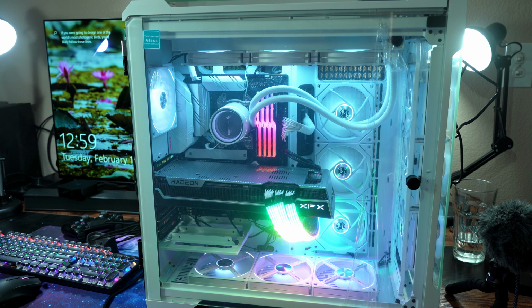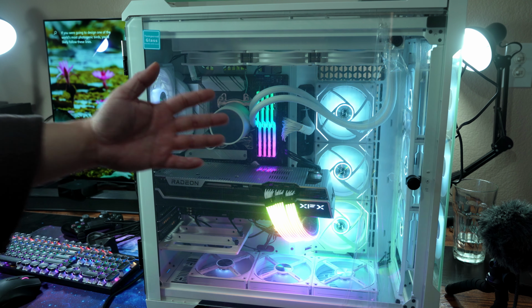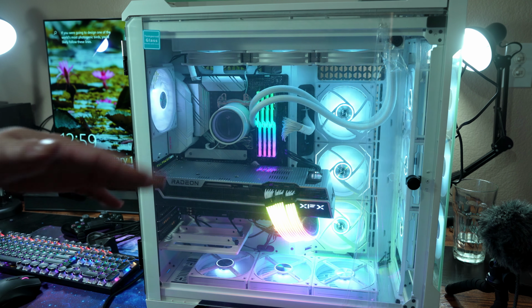Ray tracing, I don't really know what that is. It's supposed to make your game look really good, but I got a PS5, man. To me, that's really good looking. And I'm not a PC snob, so I don't really know. It can only get better because the graphics card here is really strong compared to the one that the PS5 has. Let me take my